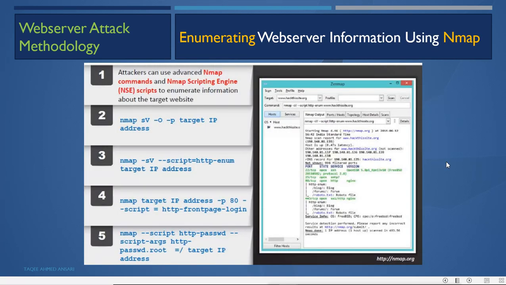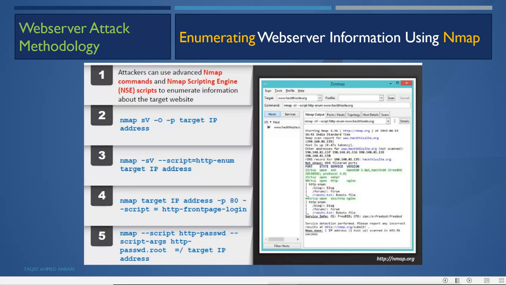Or we can enumerate the web server information using Nmap. By using Nmap, the attacker can use advanced Nmap commands and Nmap Scripting Engine scripts to enumerate the information about the target website. Using the graphical or command line interface, it has some scripts to enumerate the HTTP server, like the http-enum script or the http-frontpage-login script.